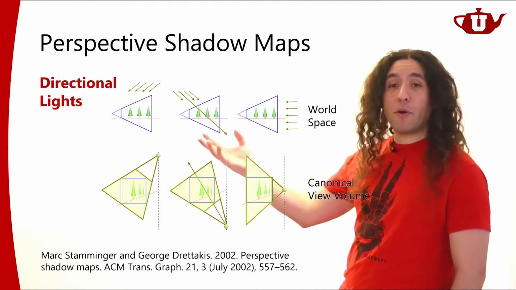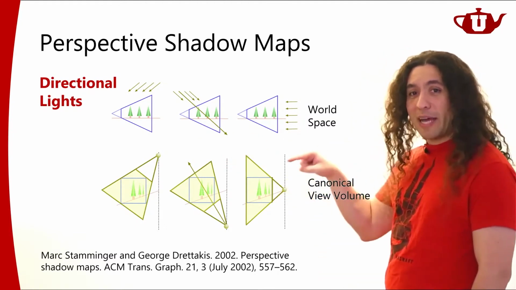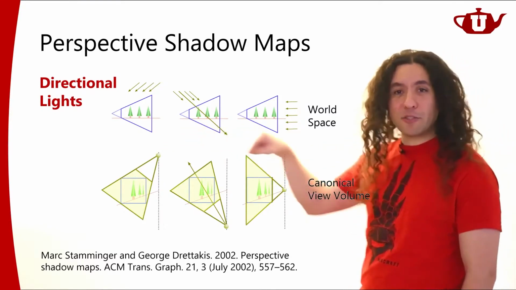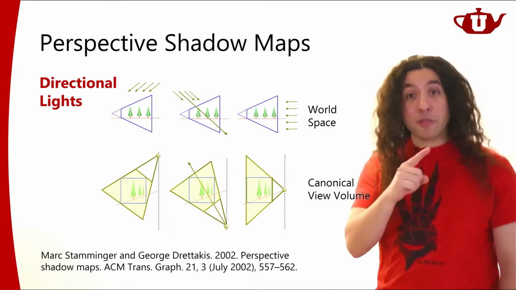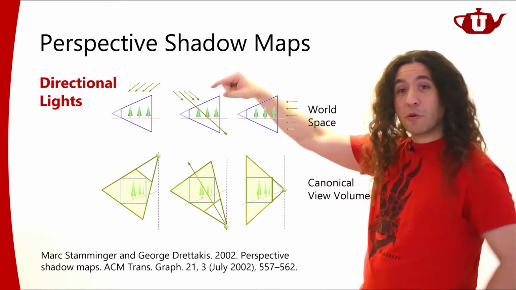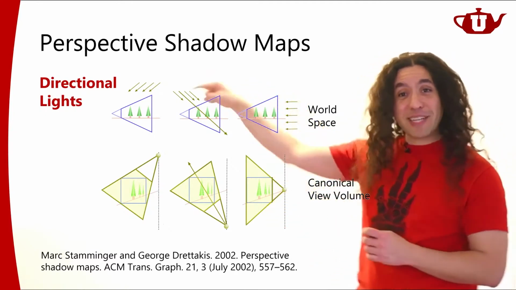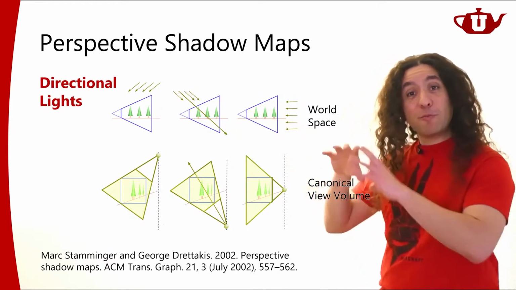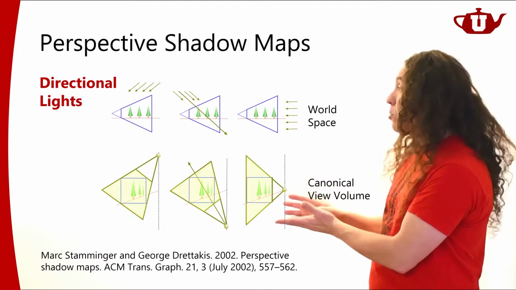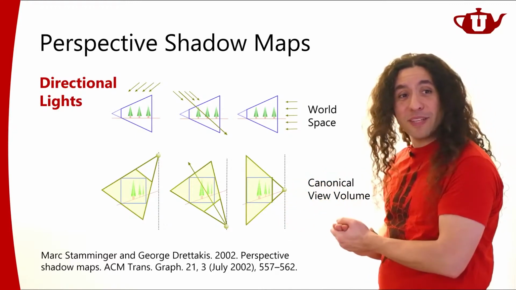If I apply my regular model view perspective projection and transform my points all the way to the canonical view volume, I'm going to get the trees in the scene deformed like this. But also, my directional light source sort of deforms into a point light source. So my directional light source, if I apply perspective projection to this space, turns into a point light source in this canonical view volume.